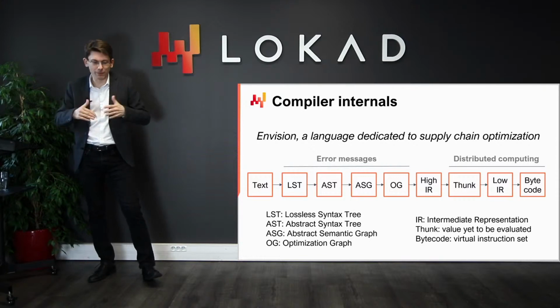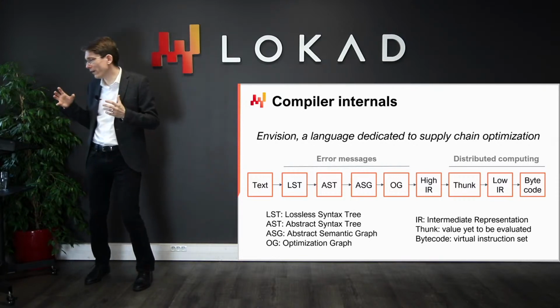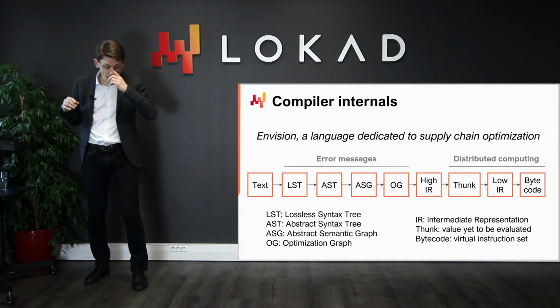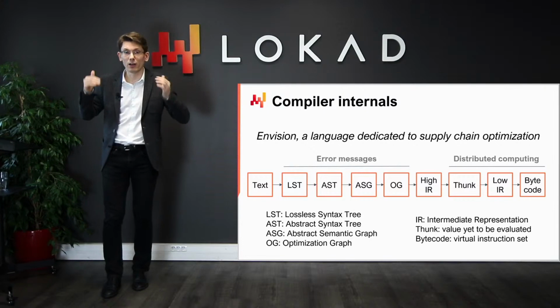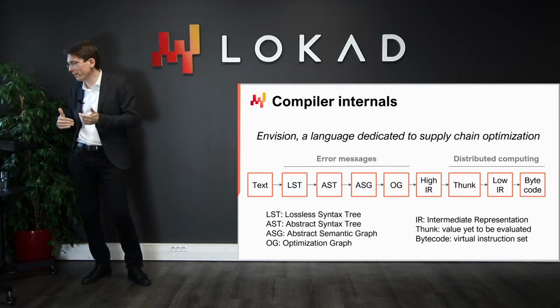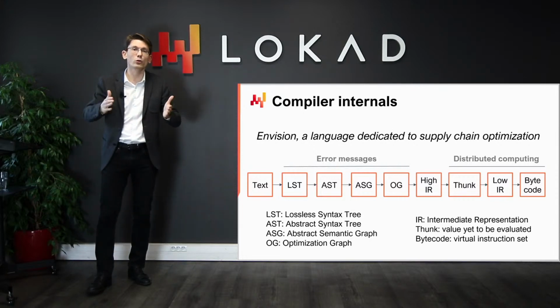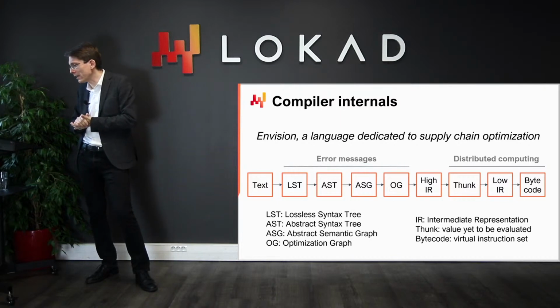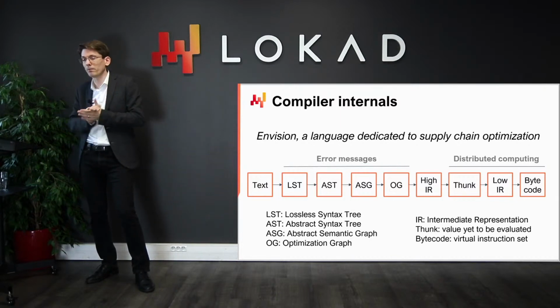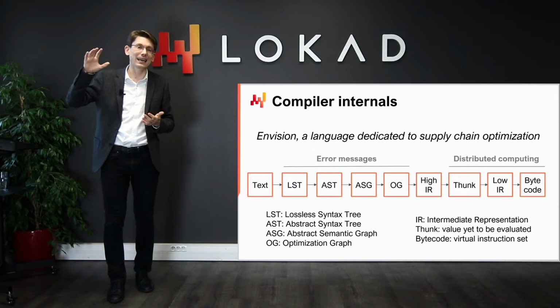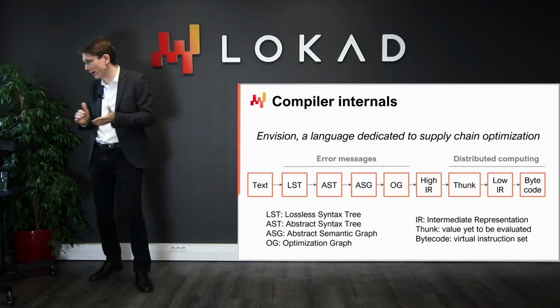Now, inside the func, you will find the low intermediate representation. The low intermediate representation represents imperative low-level logic that is run within the func, and it can, for example, include loops and dictionary accesses. And finally, this low-level intermediate representation is compiled to bytecode. So the bytecode represents the end game target of our compiler pipeline.